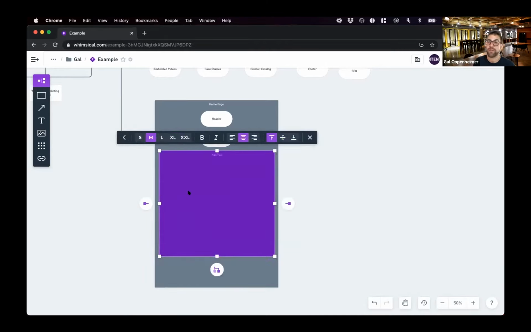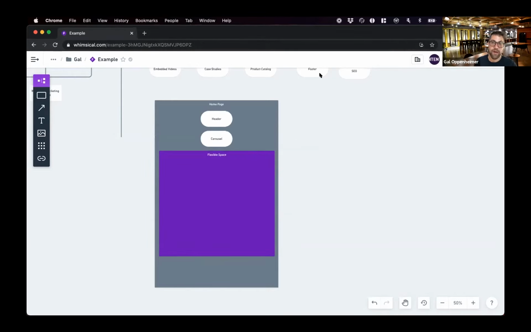What you don't want to do is go to your engineering team every time you make a change. Think about if every time you wanted to put a video next or move the video down and put a case study above it, you had to go to engineering and ask them to make changes. That'd be very frustrating. So we have this feature called modular blocks that allows you to have flexible spaces. This will be a flexible space in the middle of the page. And then at the end of it, we will have the footer.